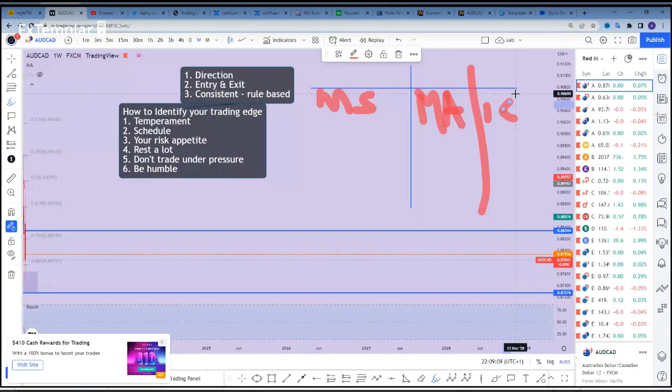Now, it's not about what tool you use per se. It's about how fast your tool, your means of identifying direction or trend, reacts to a shift in direction. When market direction changes, how quickly does your directional tool notify you that the trend has changed? That's one of the things you want to be conscious about.